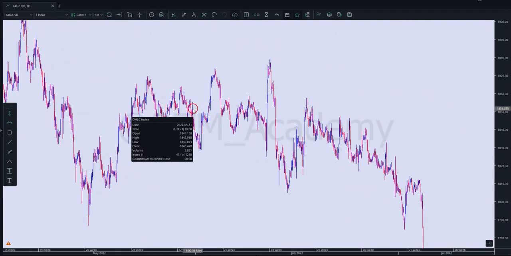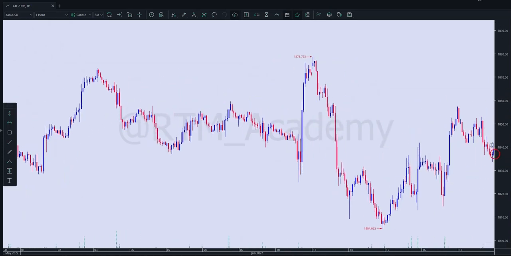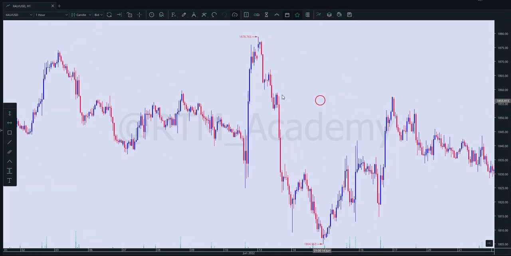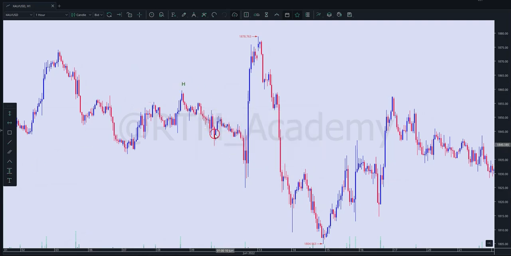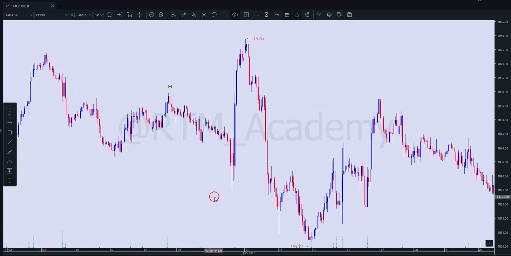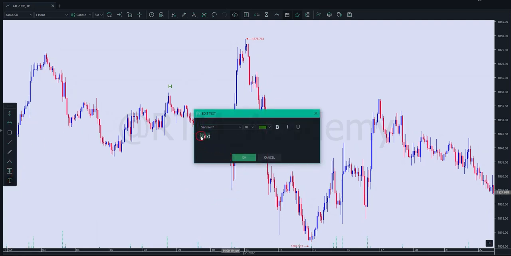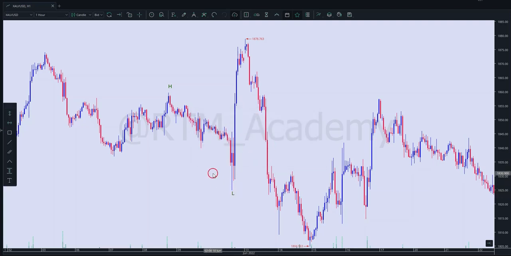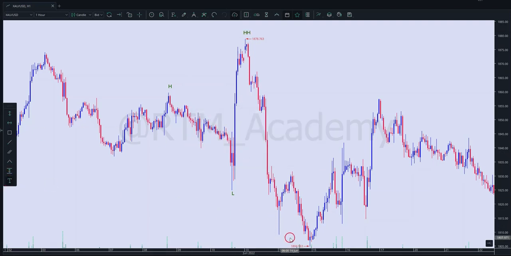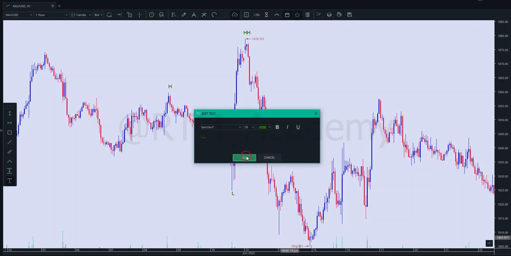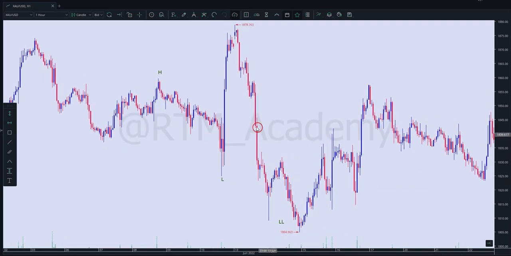And so here, as you see, we have a high and we have a low right here, and we have a higher high, and so we have a lower low. Okay guys, where is our QM level? Here from the